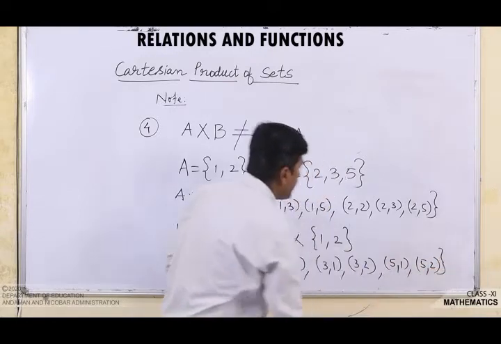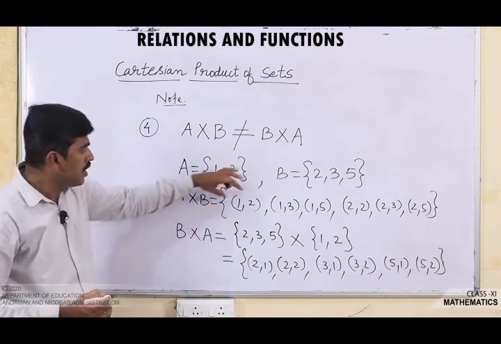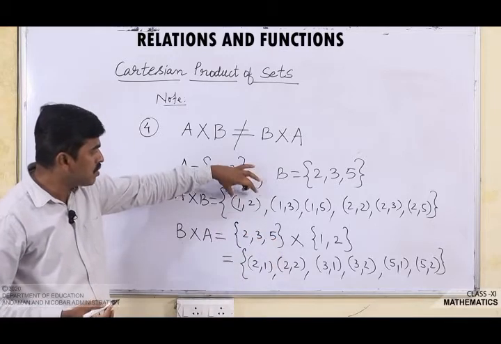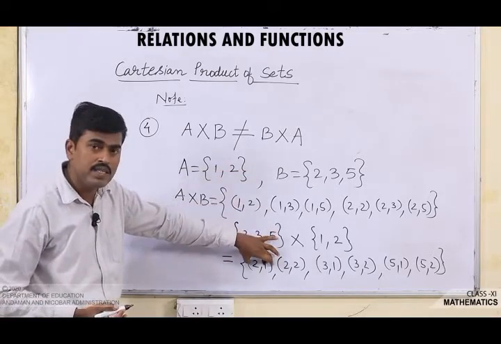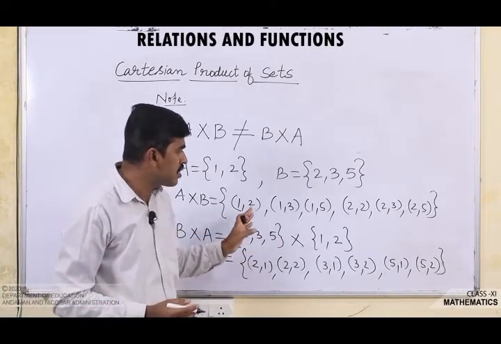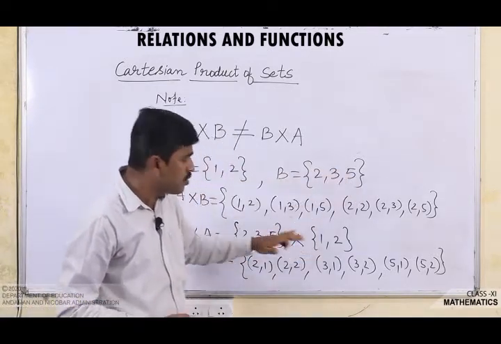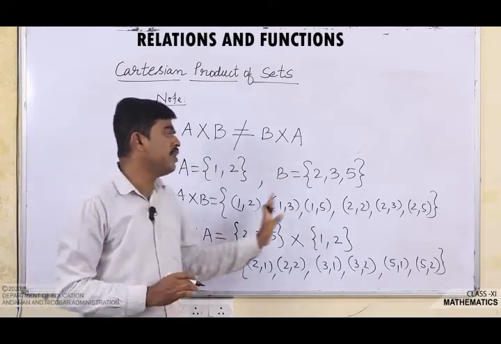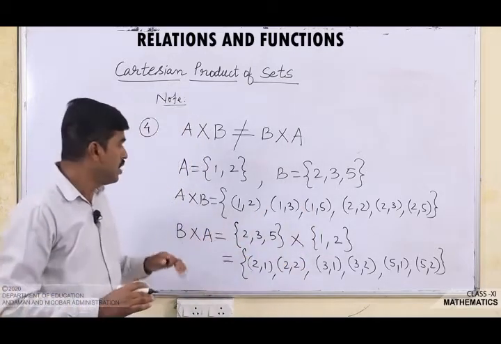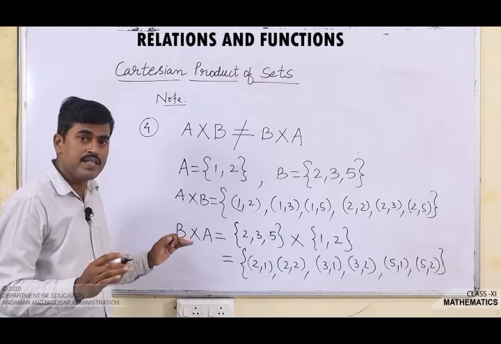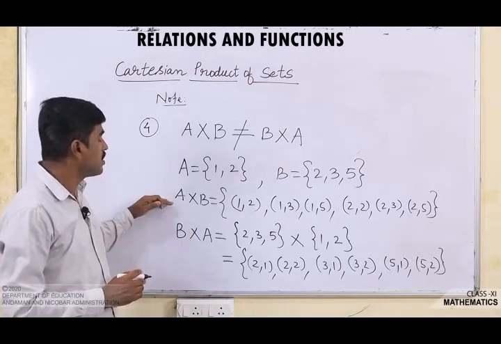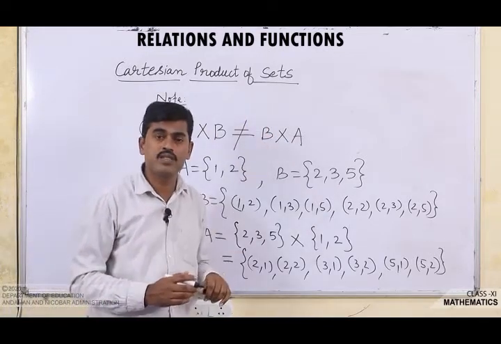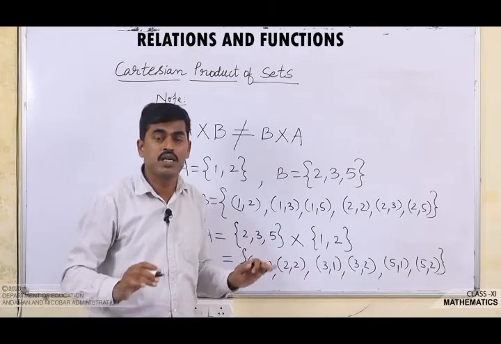Okay. Now you see whether A cross B is equal to B cross A. Here the ordered pair is (1, 2). Here the ordered pair is (2, 1). So we know that these ordered pairs (1, 2) and (2, 1) are not equal. Similarly, all these ordered pairs are not equal. Only (2, 2) is there in both, that is equal, but A cross B is not equal to B cross A, because here all the ordered pairs are not the same. That means A cross B and B cross A do not contain exactly the same elements. Okay. So generally if A and B are two non-empty sets, then A cross B is not equal to B cross A. That means Cartesian product is not commutative.